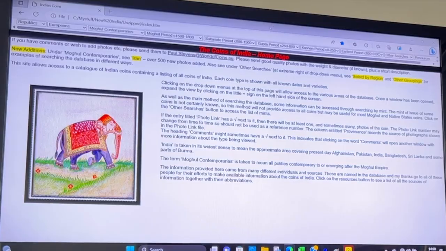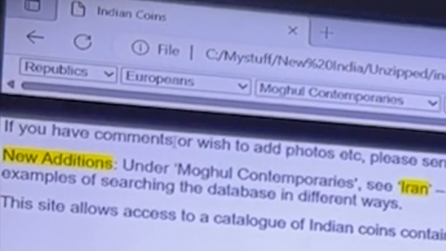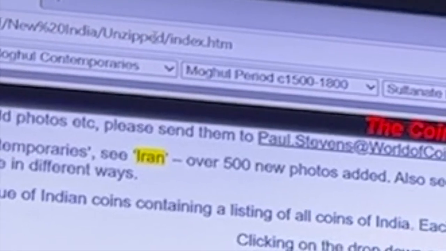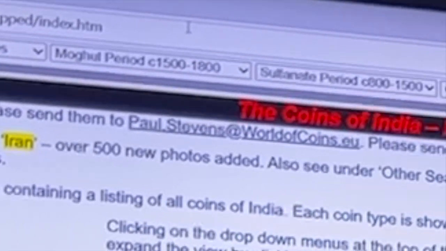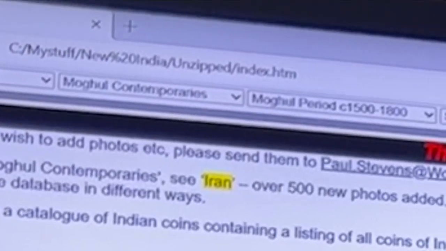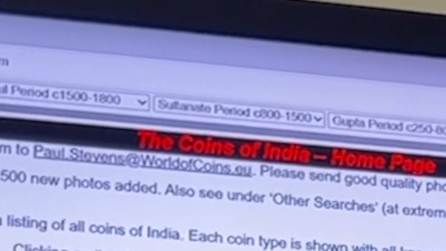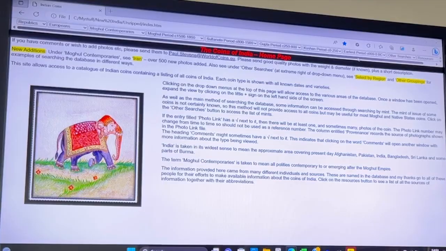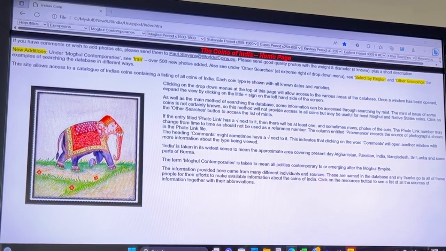And this is what it looks like. Ignore all this stuff, I change it from time to time. But essentially the important stuff is along the top here, all these drop-down menus. And you can see it goes from modern up to ancient over here. I have divided all the coins up the way I want to divide them up,